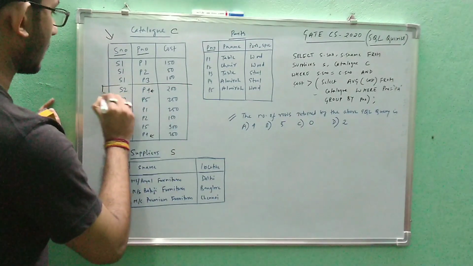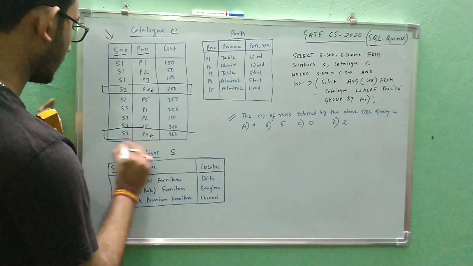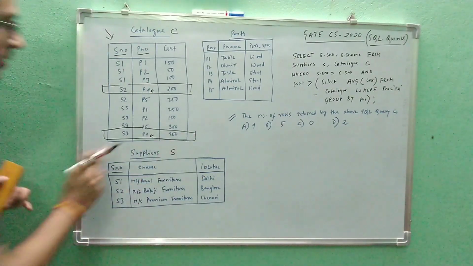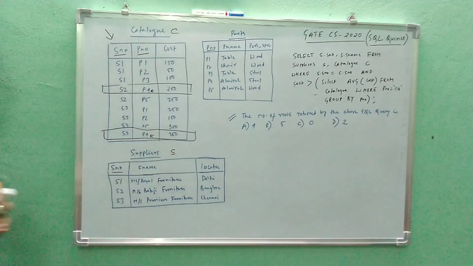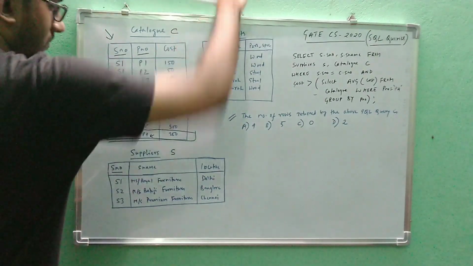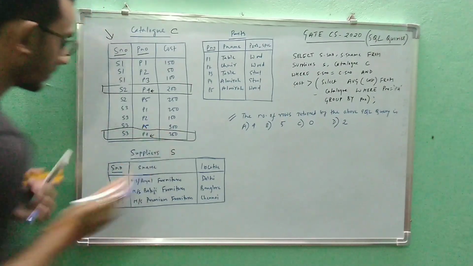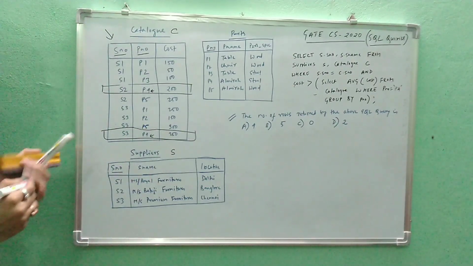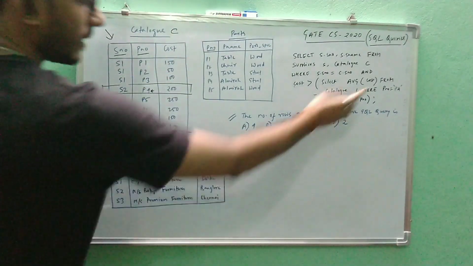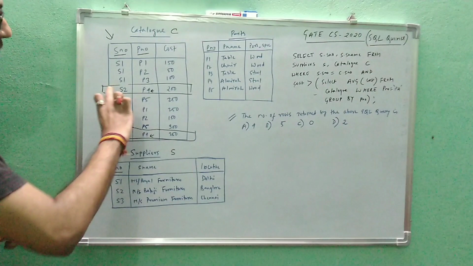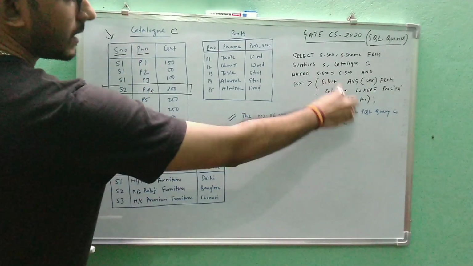This is the row, and this is the row. Sorry. Okay, right. So these are the two rows. So now we have selected the rows. Till now these are the only two rows we'll concentrate on. We have nothing to do with the other rows as far as this inner query is concerned.